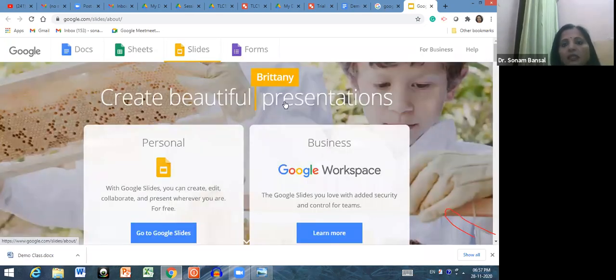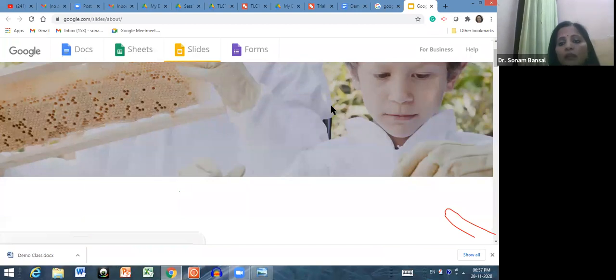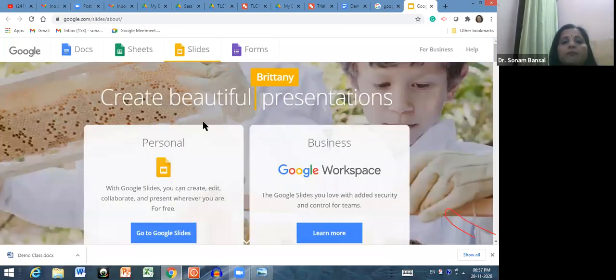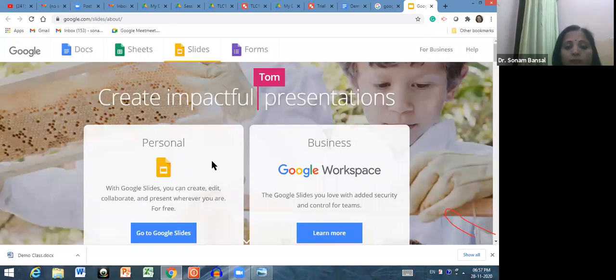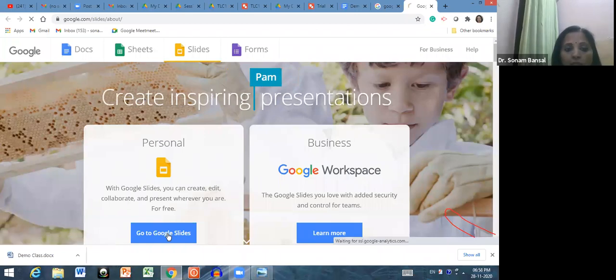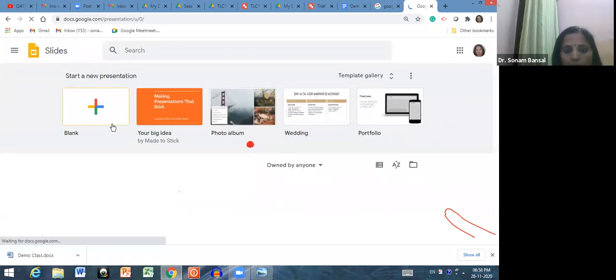For Google Slides, again, you have to type Google Slides in Google. See, when you open Google Slides directly, and if you have a Google account and you are signed in to the Google account, then this main interface will be shown there. And there are two types of features. One is personal and the other is business. If you want to use this Google Slides for your personal use, then you have to click on personal.